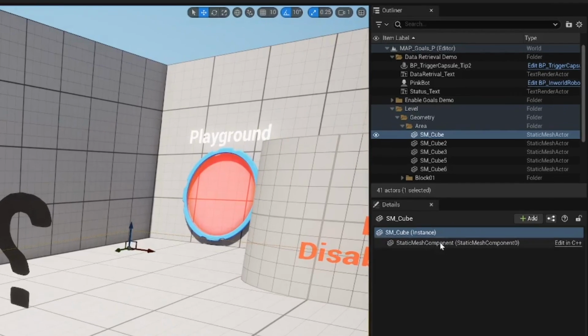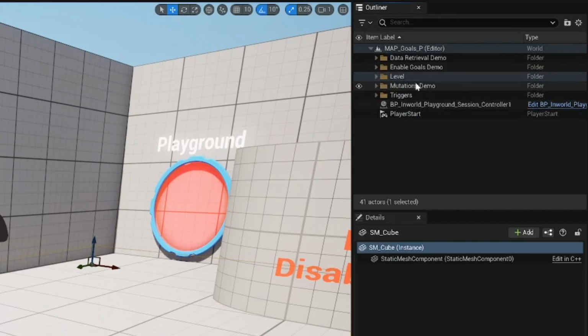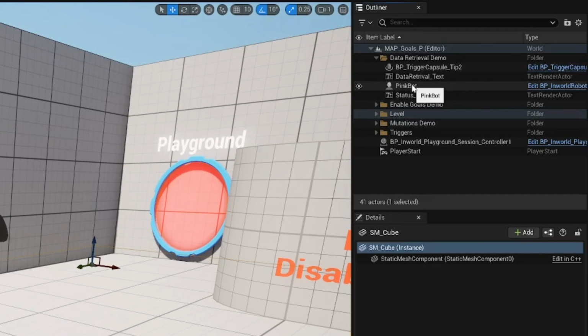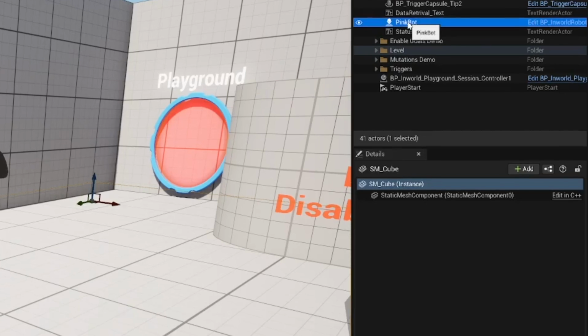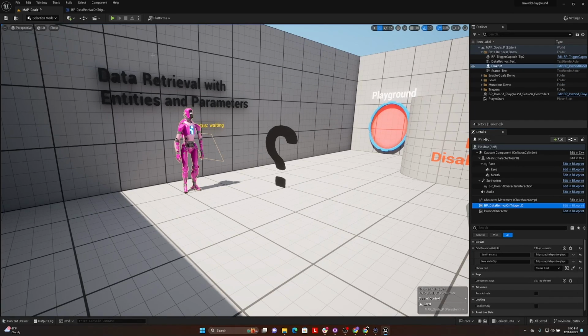So inside of our goals showcase in the Playgrounds demo, we have this data retrieval demo, and you can open up one of the examples in there, and click on PinkBot, and you'll see he has this character component of BP data retrieval on trigger. And here we've exposed a map, and we're mapping from a string, which is the city name that we have in our YAML, the entity itself, and then the get URL, the HTTP request URL that we want for each city. So if we take a look at the blueprint,